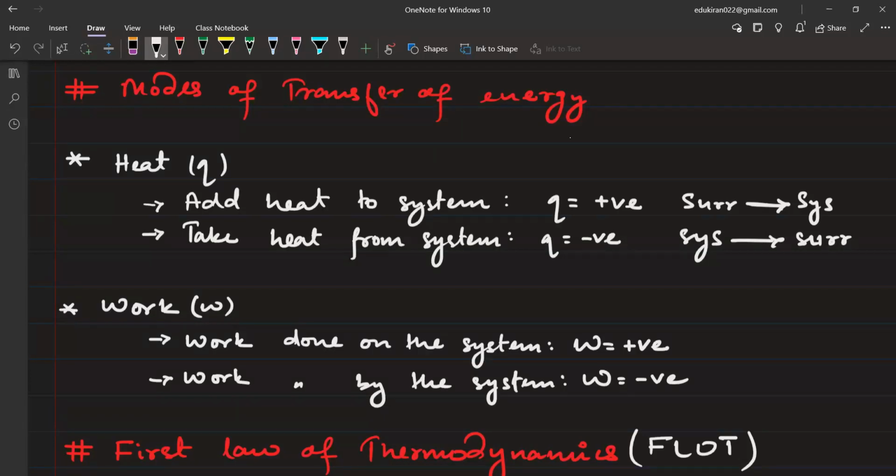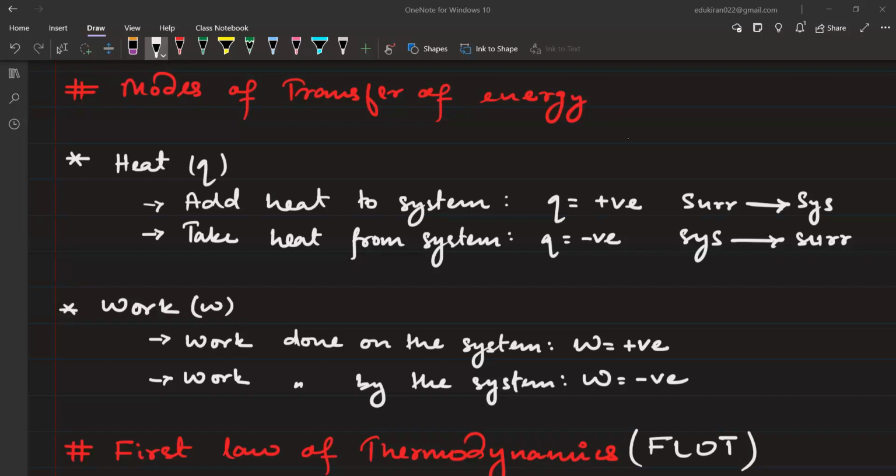पॉजिटिव। और सिस्टम से अगर आप हीट ले रहे हो तो नेगेटिव। अच्छा, अगर सिस्टम वर्क कर रहा है तो? सिस्टम इज डूइंग द वर्क, पॉजिटिव। सिस्टम पे वर्क कोई कर रहा है तो नेगेटिव। फिर से सुनिए। अगर सिस्टम वर्क कर रहा है तो क्या होगा, पॉजिटिव या नेगेटिव? अब्दुल हमीद, सिस्टम कर रहा है अगर वर्क तो पॉजिटिव। पढ़िए आप, 2-3 बार पढ़िए। नेगेटिव। पक्का समझ में आई?